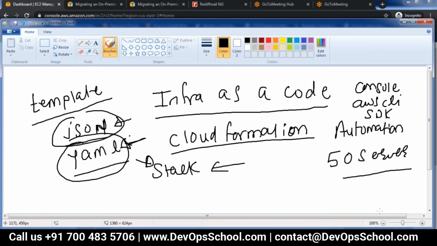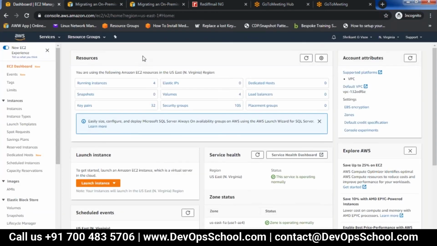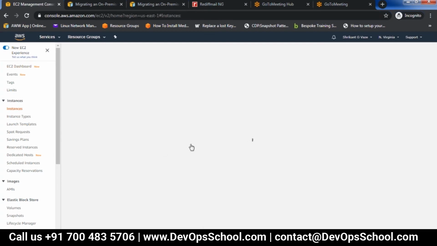Again, when you need it, you create a stack. So it becomes very easy to create the infrastructure when you need it. Okay, so that is one service that is available in AWS. Now there are third-party tools also. Somebody was talking about Terraform. Terraform is basically you can write your templates, and it supports multiple clouds, I believe, and then you can create those templates and run them and create stacks.